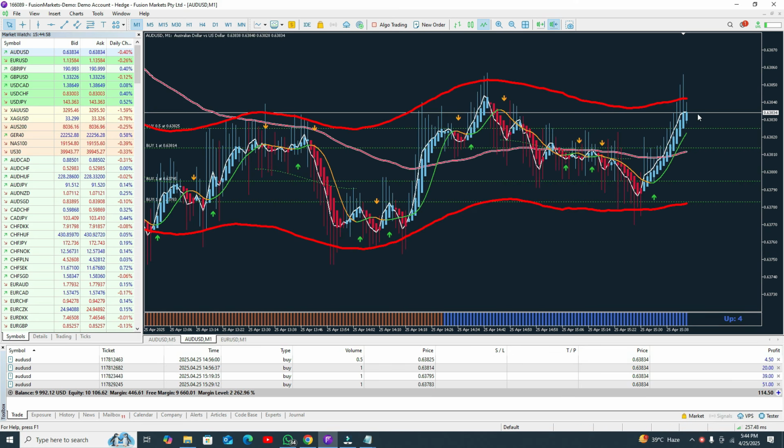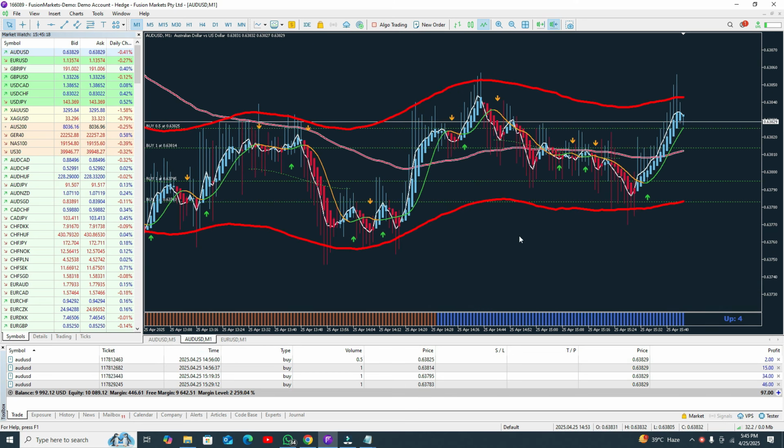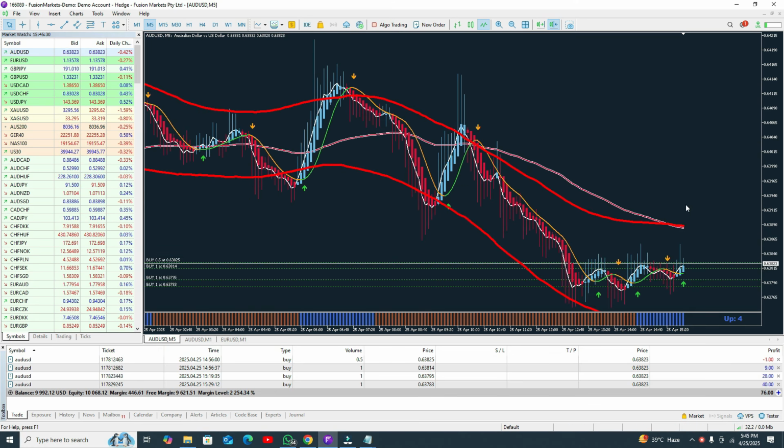Here you can see in the 1 minute time frame our take profit is done. But in the 5 minute time frame the trade is still going on, and we are waiting for the candle to touch the upper band line, and then we need to close our trade. So if you were using the 1 minute time frame, that was our trade, and you can see our trade was successful. But we need to wait for the 5 minute time frame, and when I close my trade, I will show you.